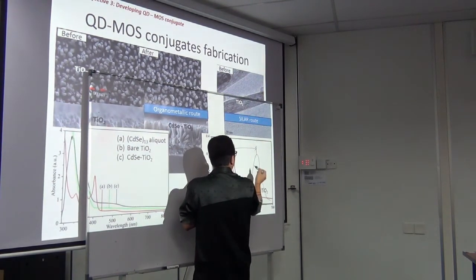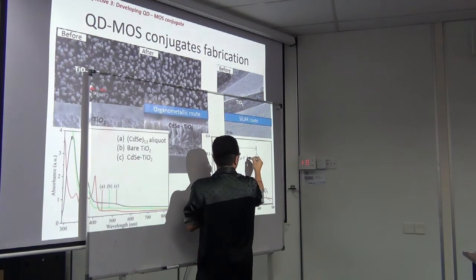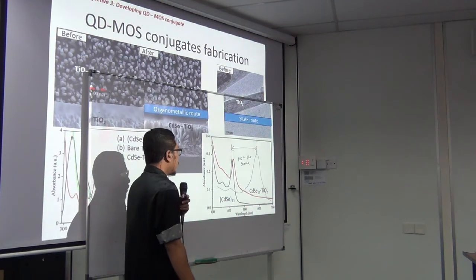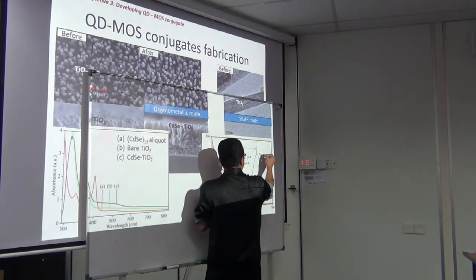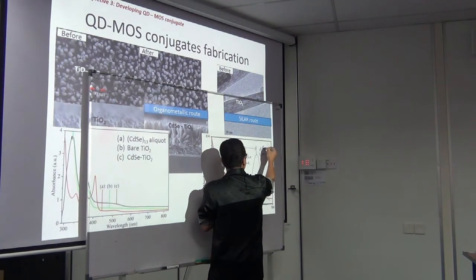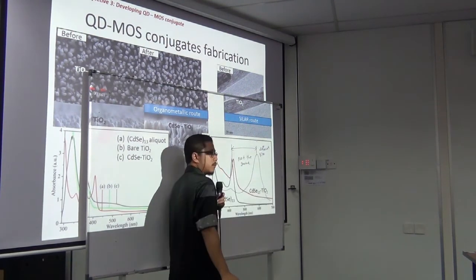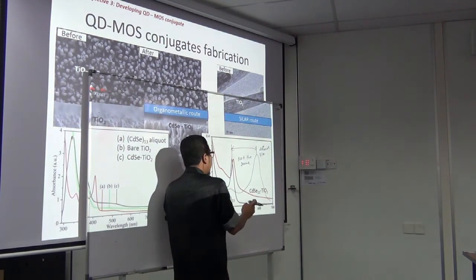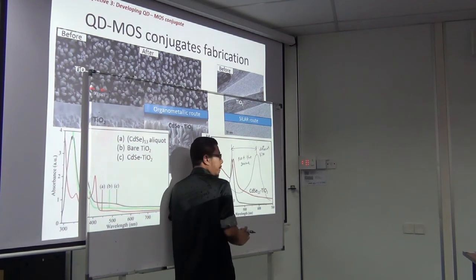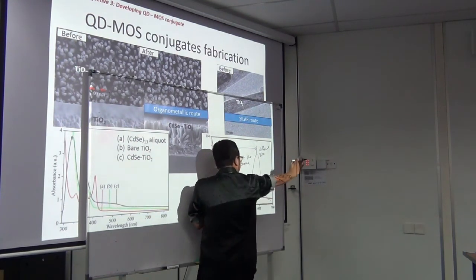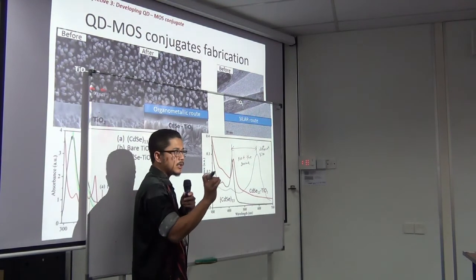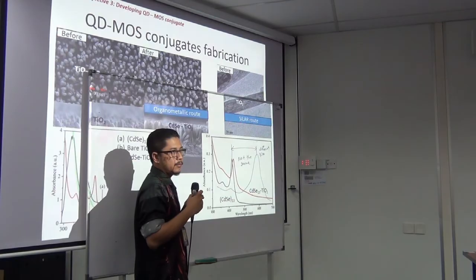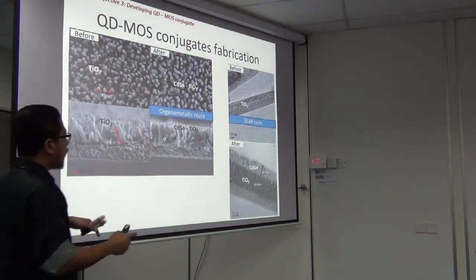Very big difference, and they are not the same. And the size is definitely different. Each size of quantum dots or material will give us a different position of peak. When the peak is shifted to the right-hand side, it means that the size of our material is big. So this is how we confirm